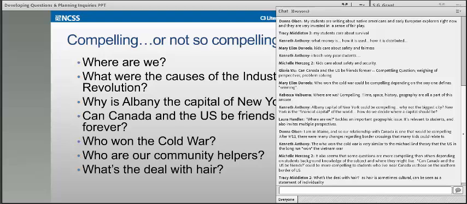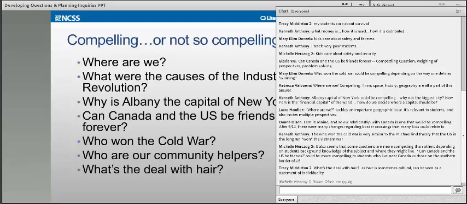Because it tackles an important geographic issue. It's relevant to kids and also invites multiple perspectives. It's also one of those questions that if you were to walk into your second or third grade class and say to the kids, I have been up all night long thinking about this question. I simply can't get it out of my head. I need your help. Where are we? Your students are likely to think that you have lost your mind and you have gotten under their skin.